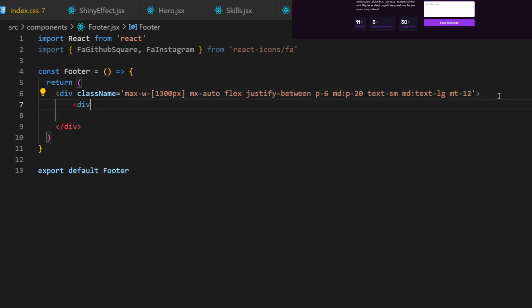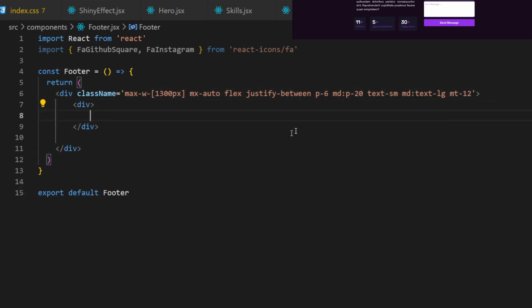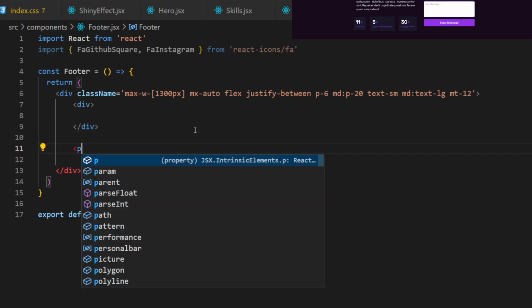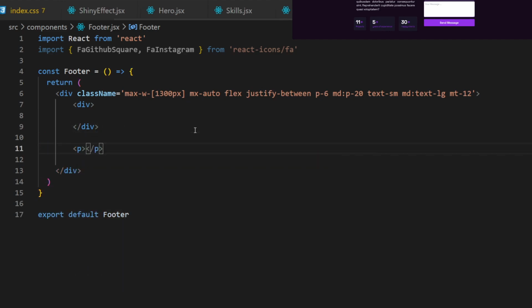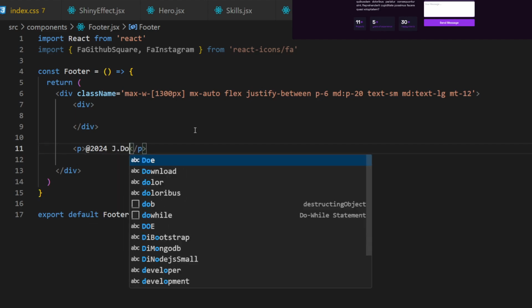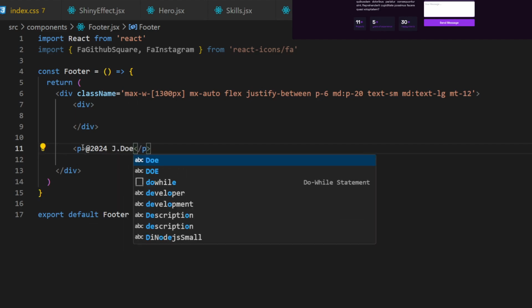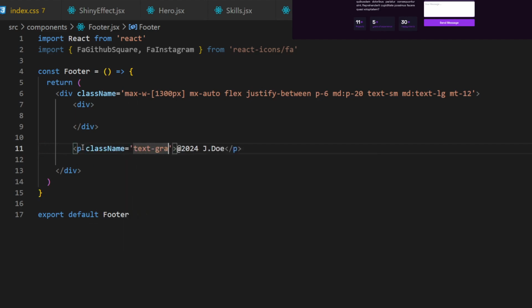Inside we will do a div that will be on the left side, and a paragraph that will be on the right side. So we can do there something like at 2024 JDO. So there's some text gray 400,